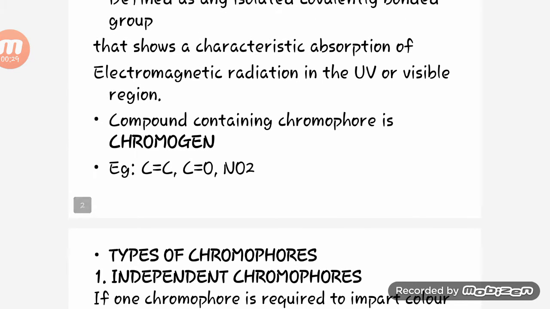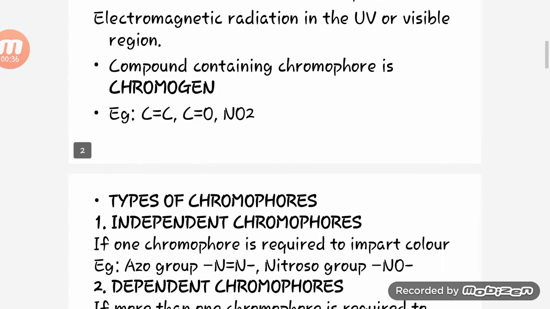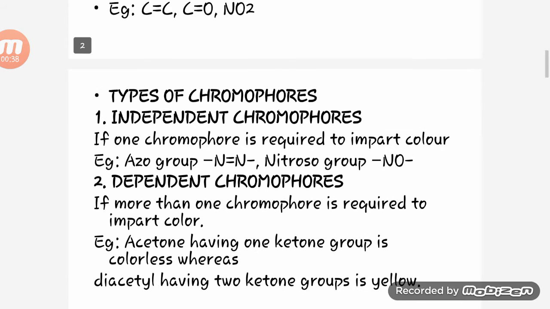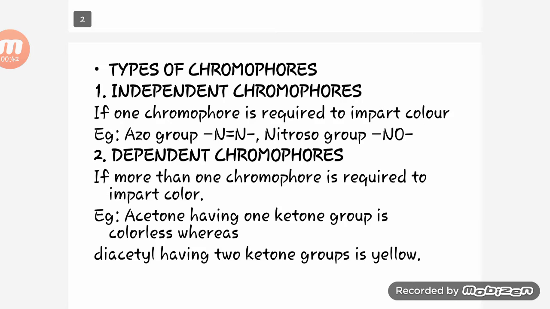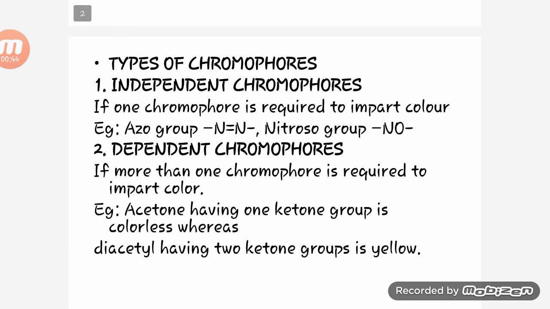chromogens. So the compound which contains the chromophore is called a chromogen, for example carbon double bond, nitrogen oxide, you can see. Then types of chromophores. There are two types of chromophores. First is independent chromophore and second is dependent chromophore. If one chromophore is required to impart color, that is an azo group and nitroso group,